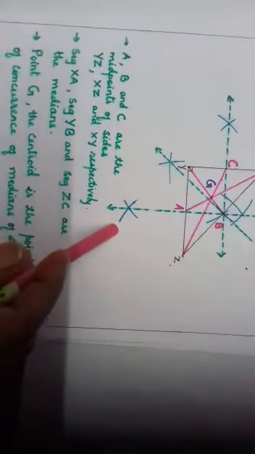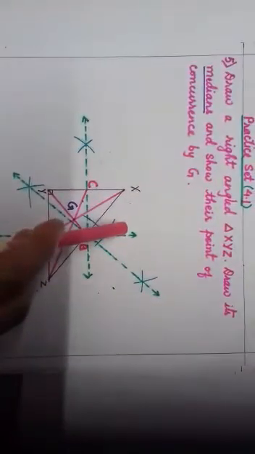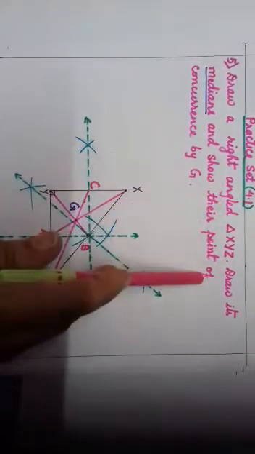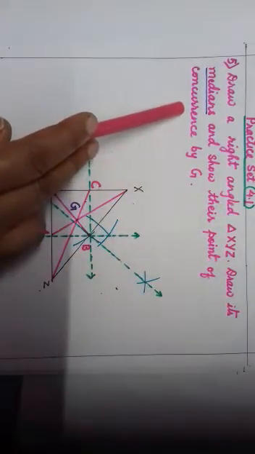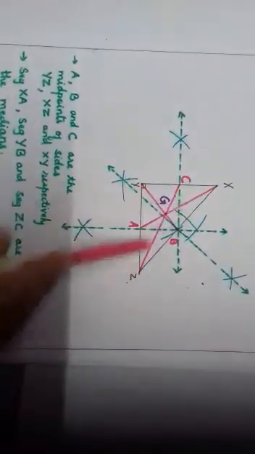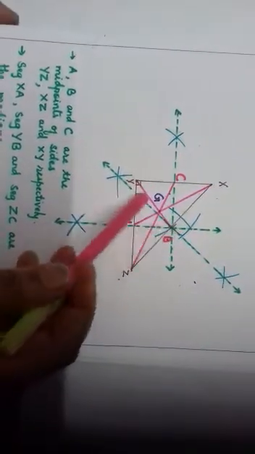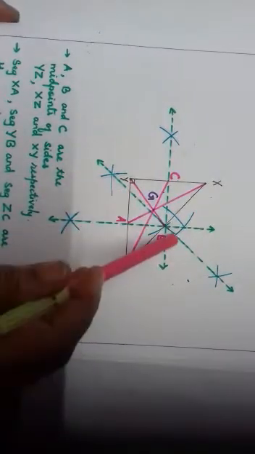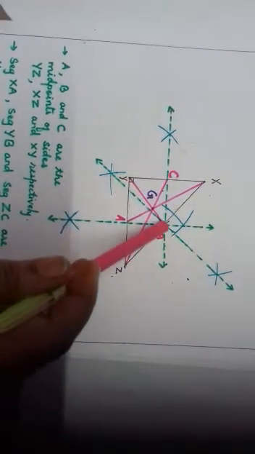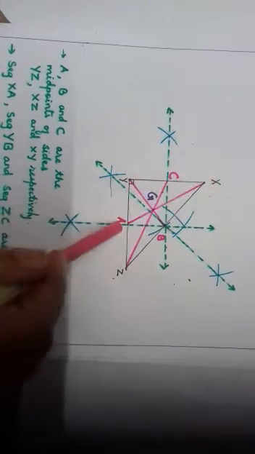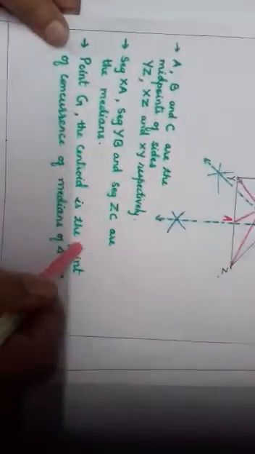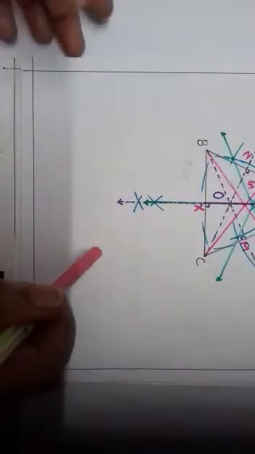Then question number 5 of practice set 4.1. Here you have drawn a right angle triangle and there you have shown medians and the point of concurrence as G. Such type of right angle triangle, and the medians, perpendicular bisectors we have drawn, and the midpoint where it joins, and the medians we have drawn, and we have written such type of answers also. Now question number 5 is over.